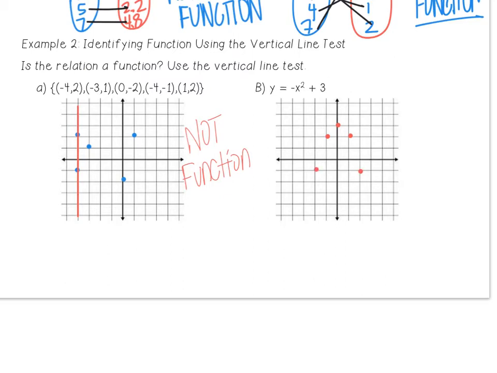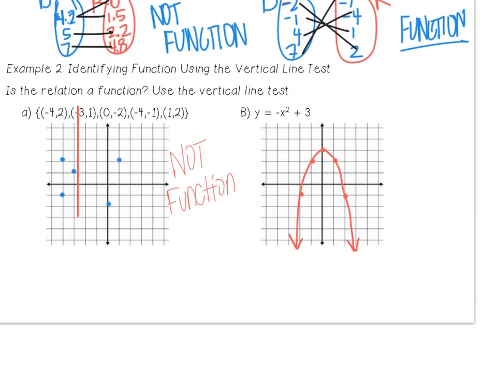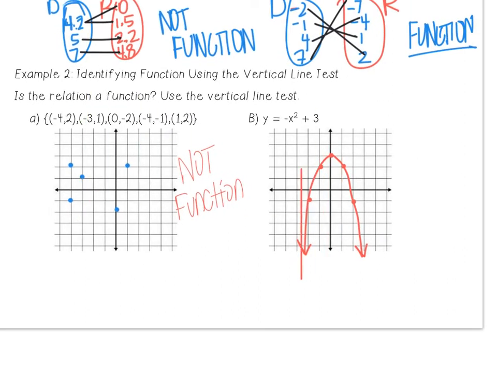This is called a parabola. With a parabola, you'll notice something. I'm not going to tell you yet. I'm going to pass this vertical line across this graph. Whoops. And it looks like at